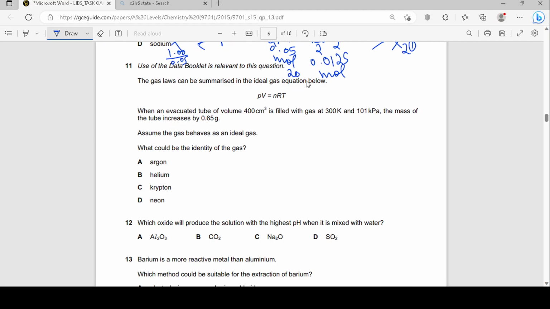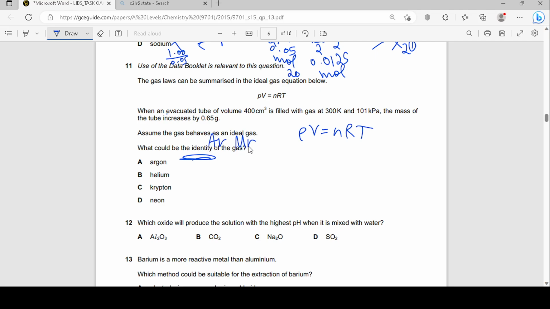Use of the data booklet is relevant to this question. So yeah, just get a data booklet. The gas laws can be summarized in the ideal gas equation below. When an evacuated tube of volume 400 cubic centimeters is filled with gas at 300 kelvins and 101 kilopascals, the mass of the tube increases by 0.65 grams. Okay, so they're asking you to just use the equation PV equals nRT. Now they want you to find the identity of the gas, so you basically have to find the Ar,